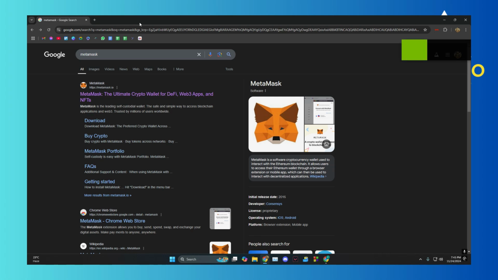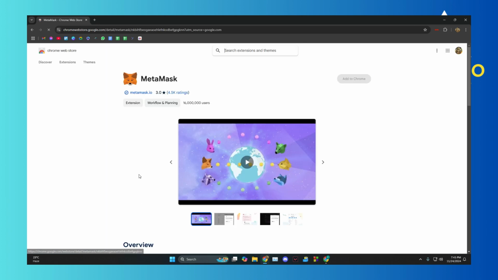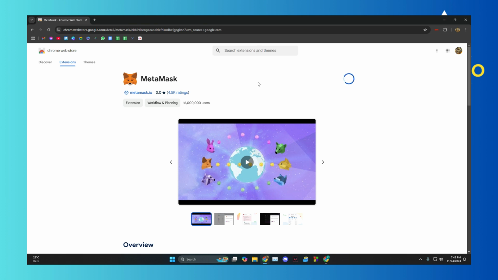Today I'm going to show you guys how you can create a MetaMask wallet. So at first you just need to search for MetaMask on Google and then click on the first link, and then we're going to click on get MetaMask. You could also download it, but I'm just going to add it to my Chrome, and then we're going to